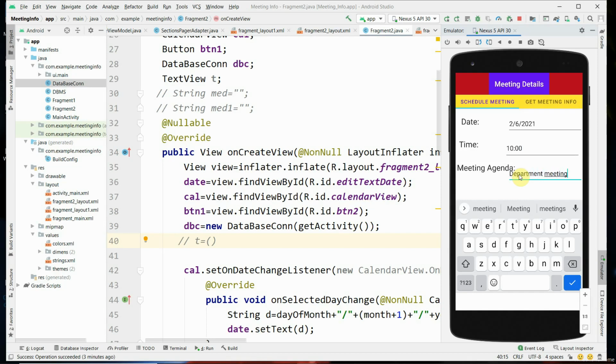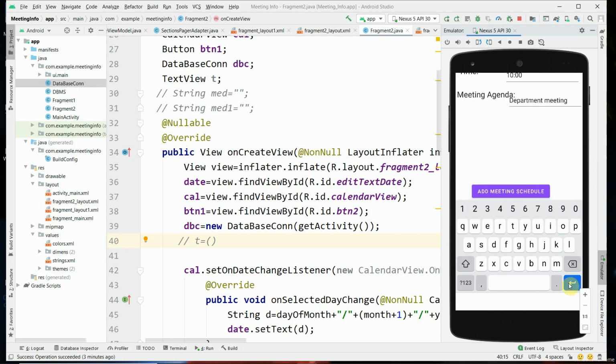Then click on the right mark to proceed, and then select add meeting schedule. When you select add meeting schedule, the data should be saved to the database table, and it shows the message database saved if the data is saved.